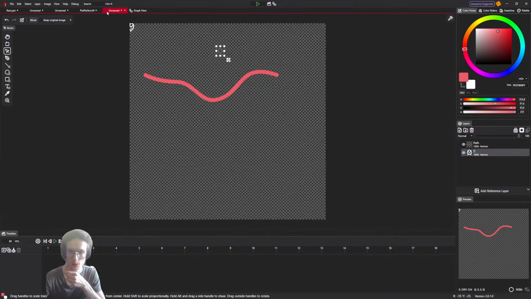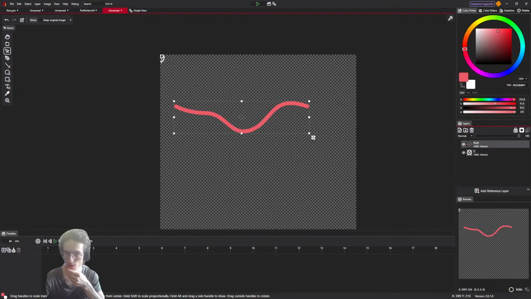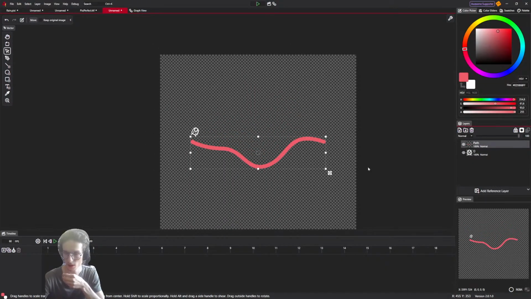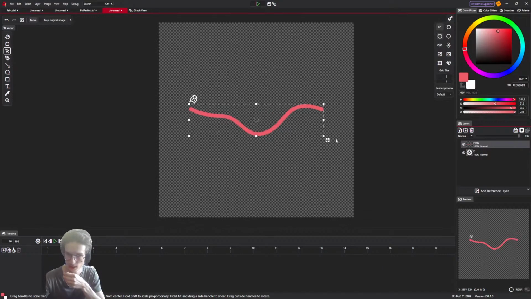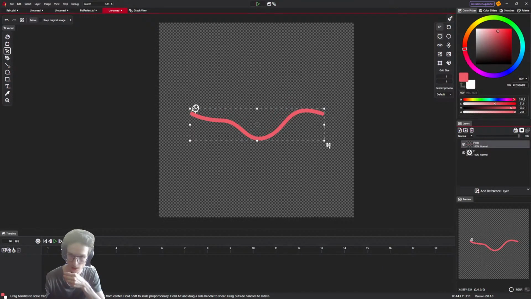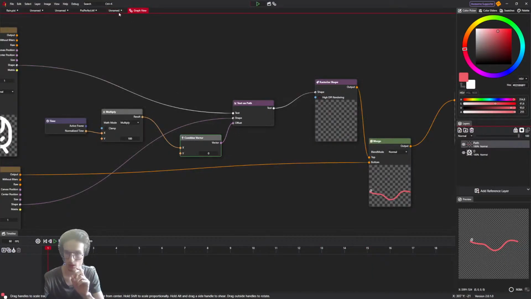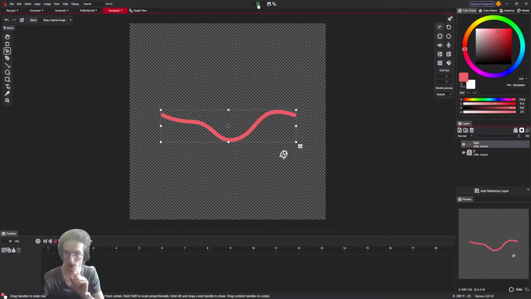Okay, let's take 0 and match 0 in here. Maybe when I drag it exactly like that it will work. Oh, it's not a 0 frame, but still it should work. It should work. Yep. Okay, something is not right with the size apparently.